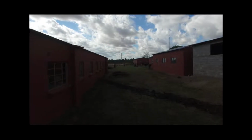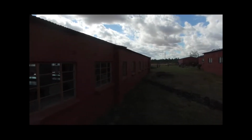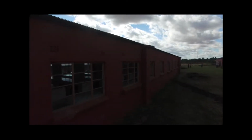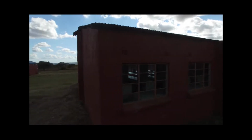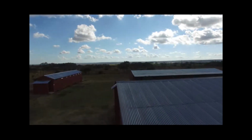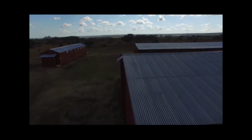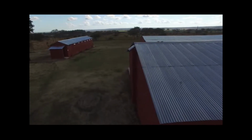That's the library. The building next to it is the newest computer center. And you're now looking at your left. These are classroom buildings. As we continue to scan in the far left, middle of the screen, you see the newest addition, which the